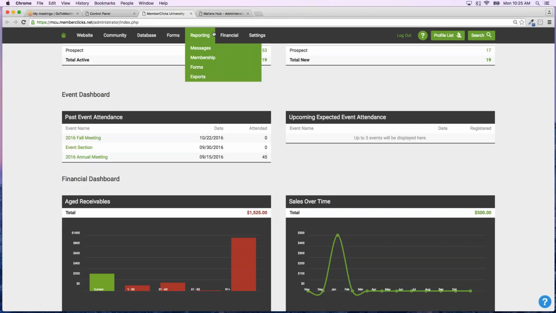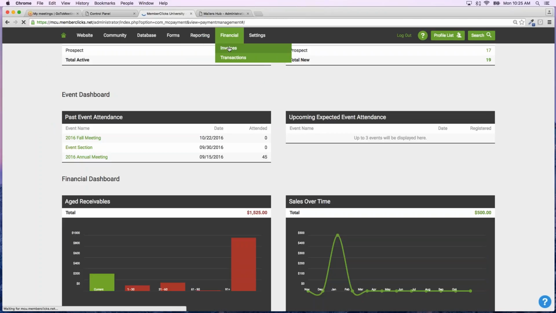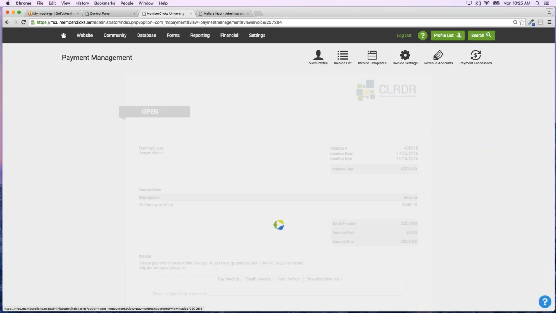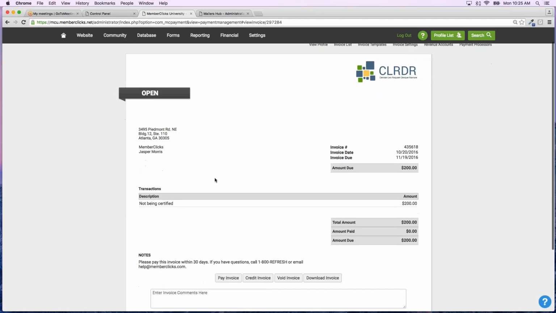So to show you what that'll look like, I just did the same thing, financial and invoices. So this is what this area will look like as you've moved through creating invoices for your subscribers. Okay. To view an invoice, all we would have to do is choose the invoice number,